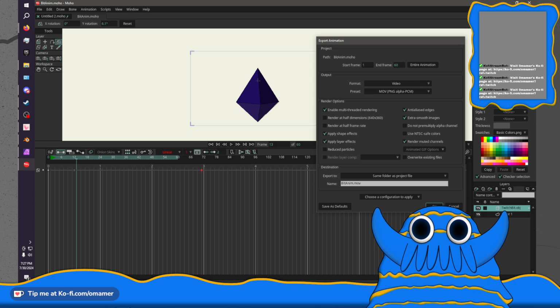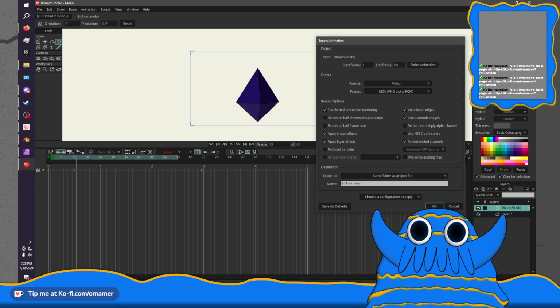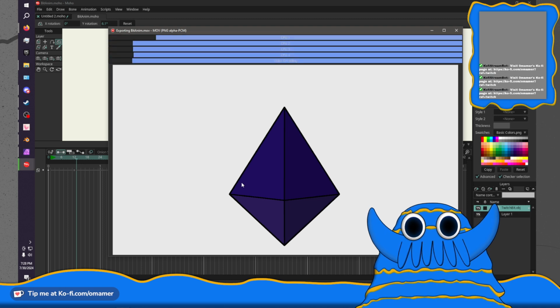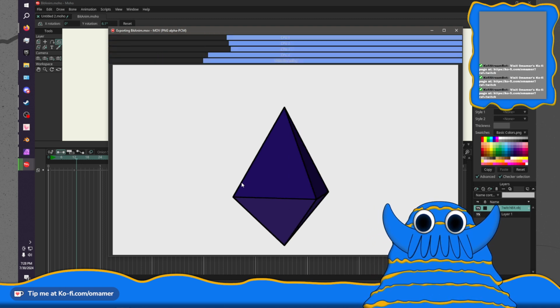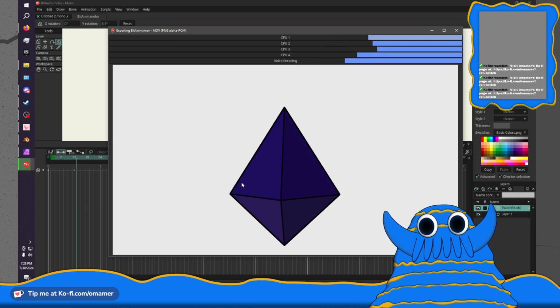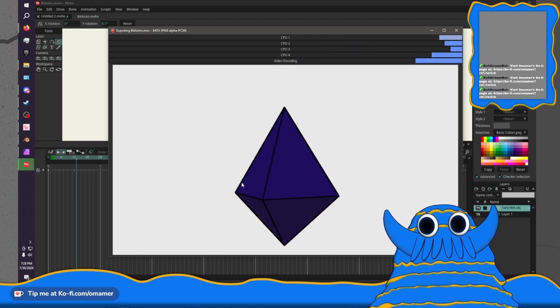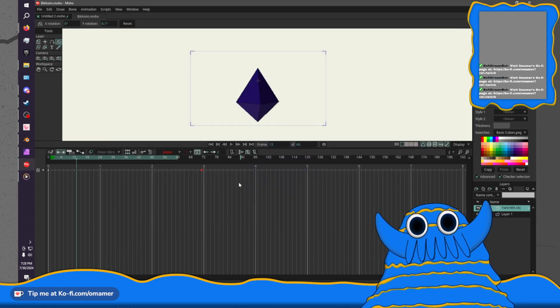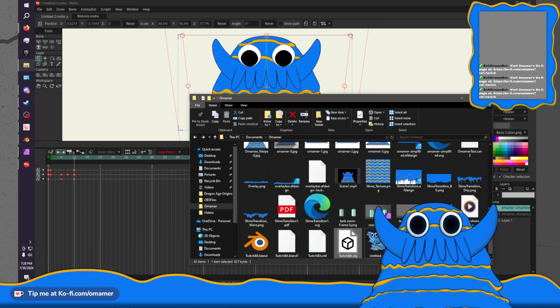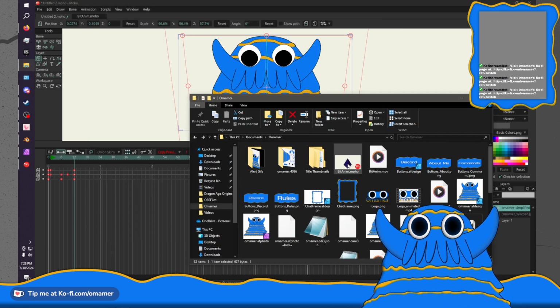We'll render it at full frame rate. And that's not going to load correctly, but that's fine because we're wanting to use it over here.